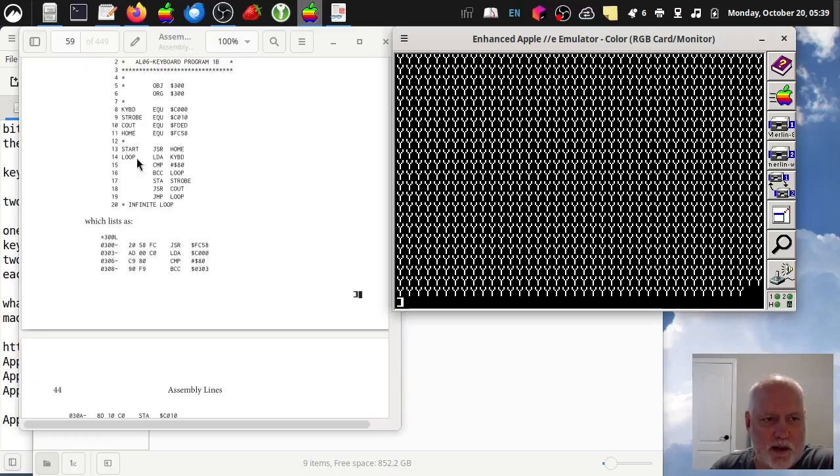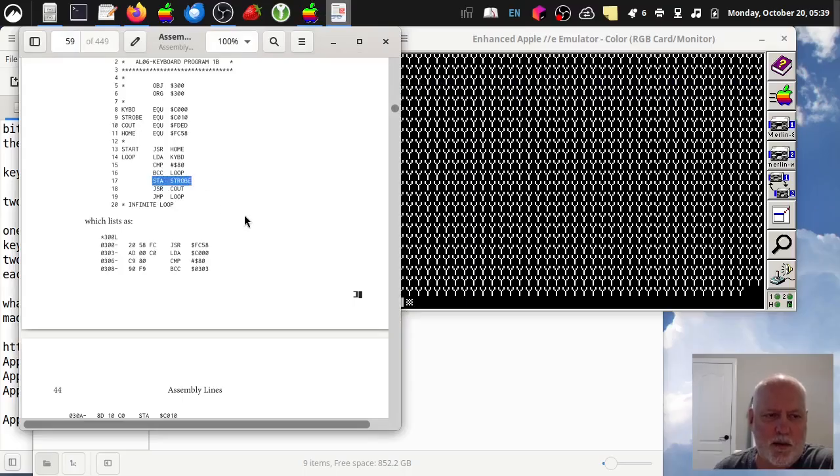Start's going to clear the screen. Loop's going to get a key. We're going to compare it with 80. We're going to branch if it's less. Otherwise, we're going to store the accumulator, the key that we pressed, into the strobe, which it doesn't really matter what you put in the strobe, or theoretically, the book claims that if you read the strobe,